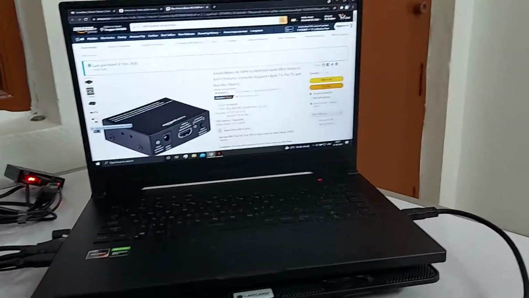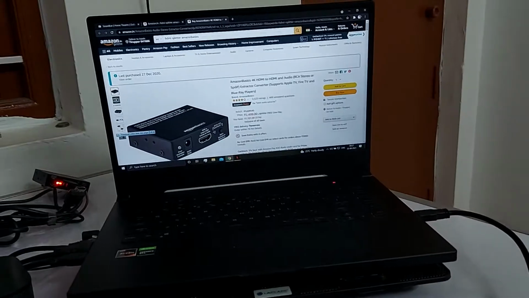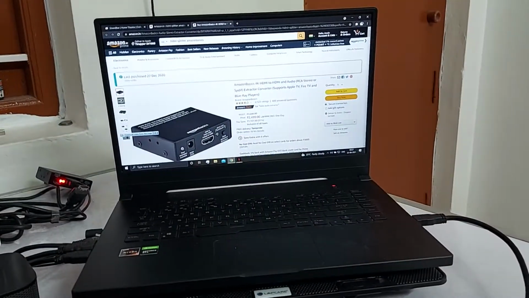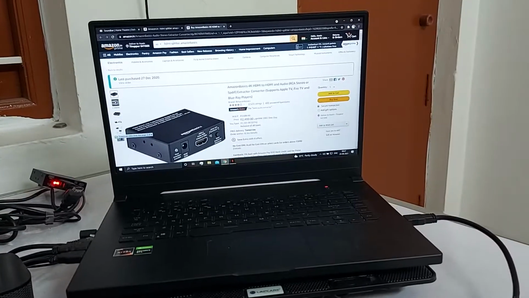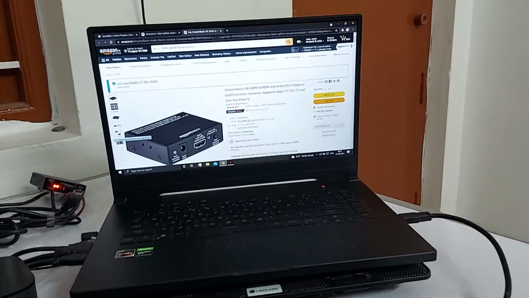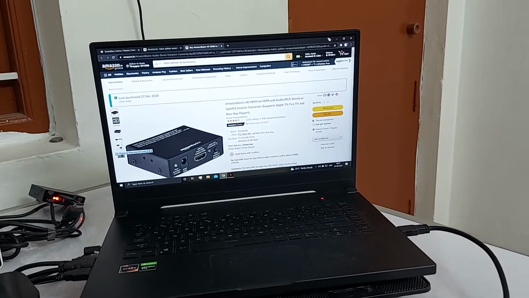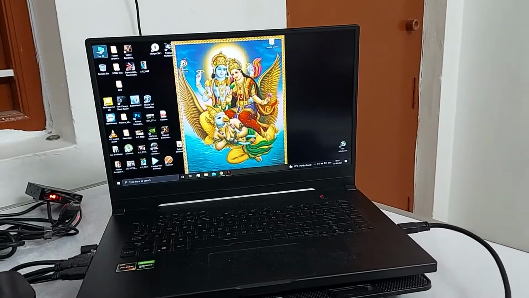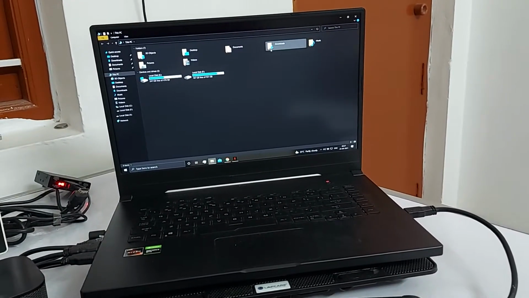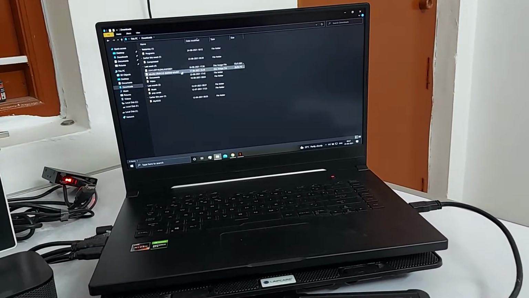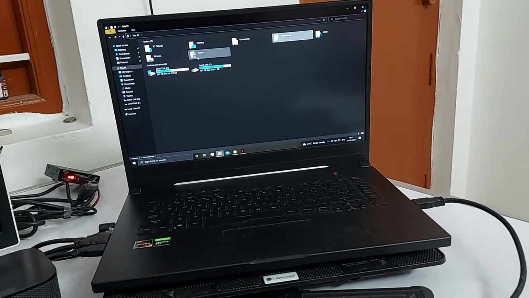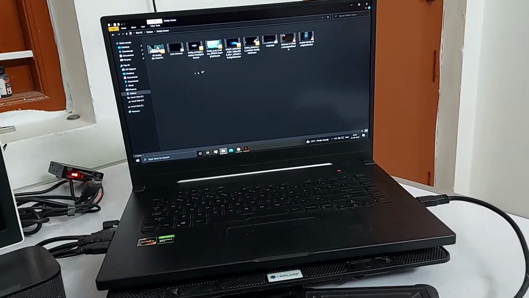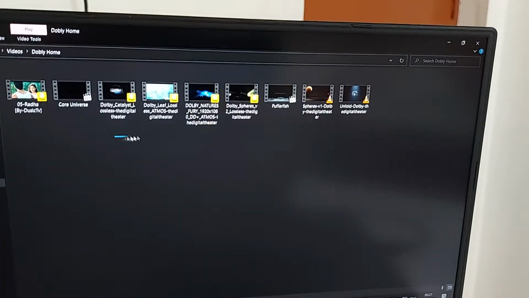The second thing, you must have a 5.1 source. I downloaded some 5.1 audio from the internet. These are Dolby trailers, and these are all different types.